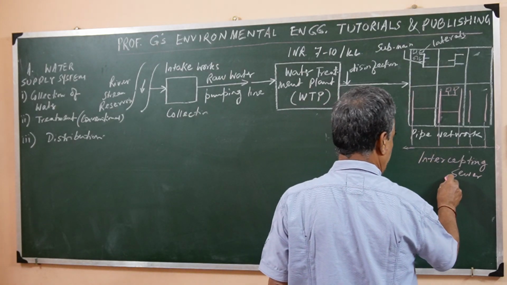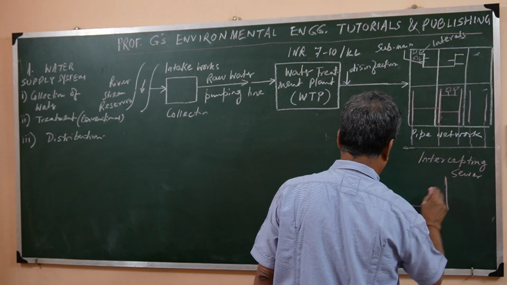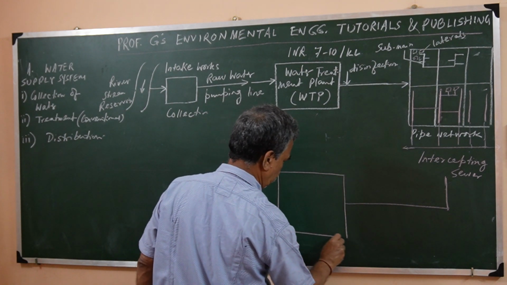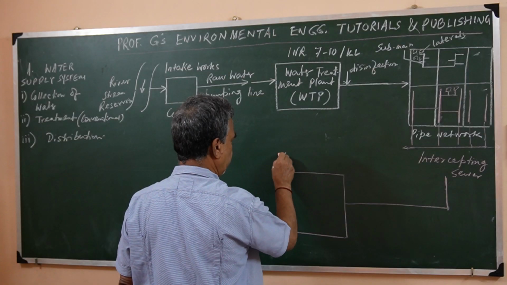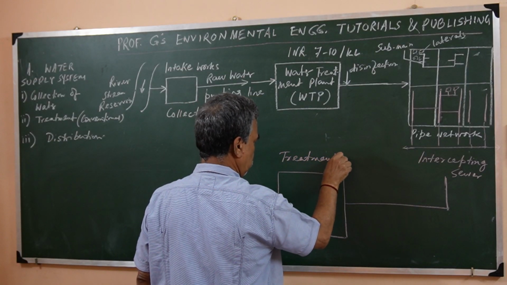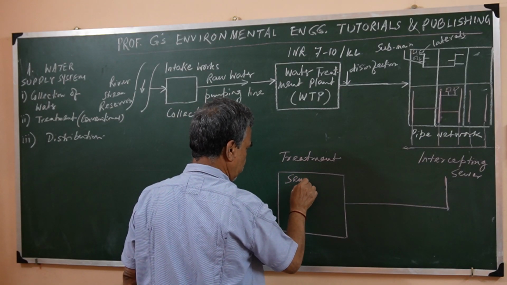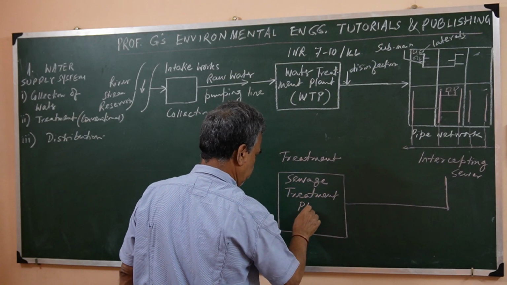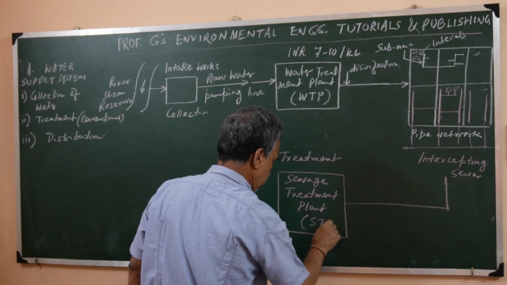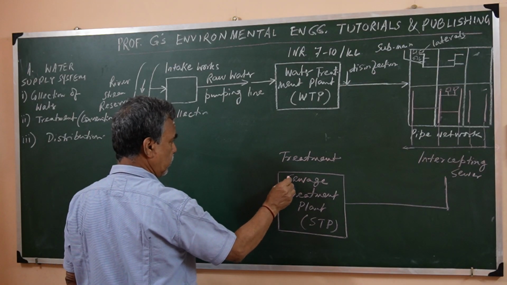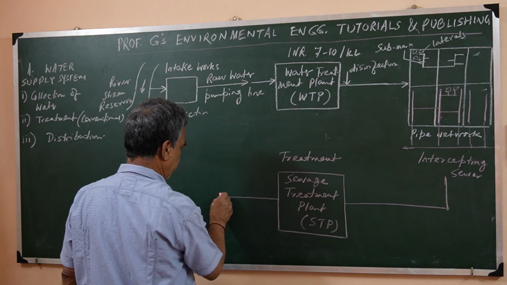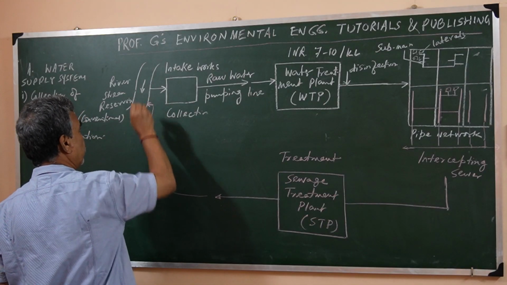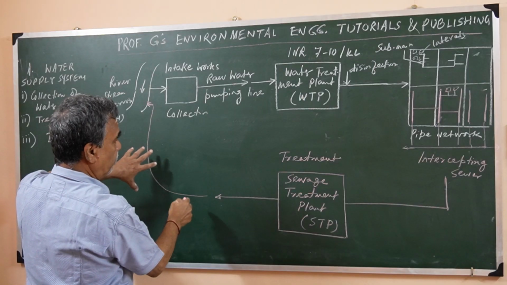So the intercepting sewer carries the wastewater to the treatment plant, that is the STP, sewage treatment plant, and of course conventional again, and then it is disposed of to the river. Suppose the river system also, it is going back after treatment, the disposal